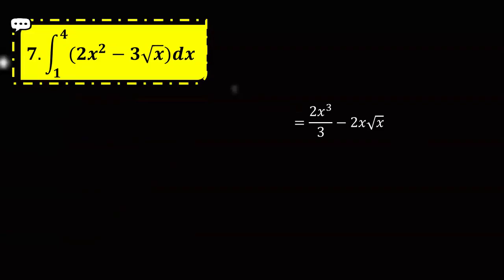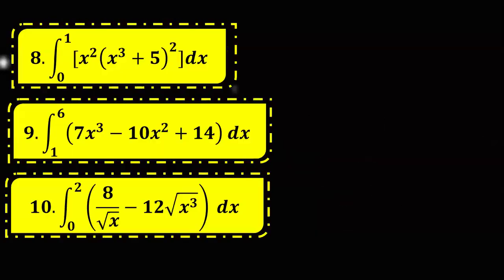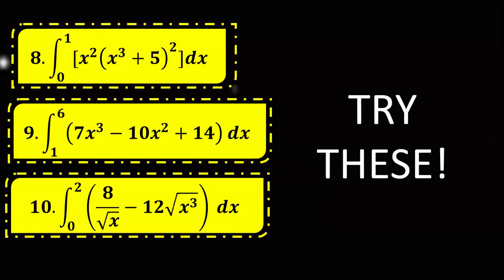Next, we replace now by the fundamental theorem of calculus. We have the value of b, which is 4, minus the value of a, which is 1. Substituting the values and applying the calculator method, we will get 80 over 3 minus -4 over 3. And the final answer will be 28. All the rest of the computations will be part of your calculator method. Proceed now to the next example. So you have to try all of these examples at home for more practice.